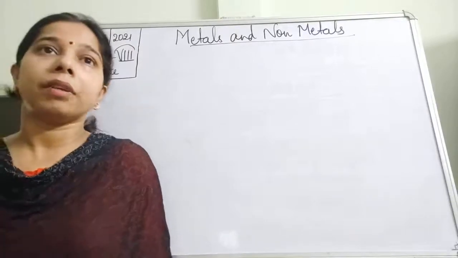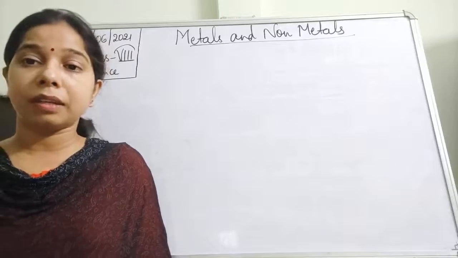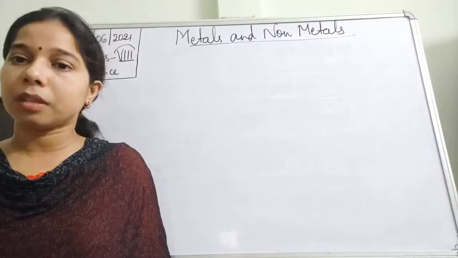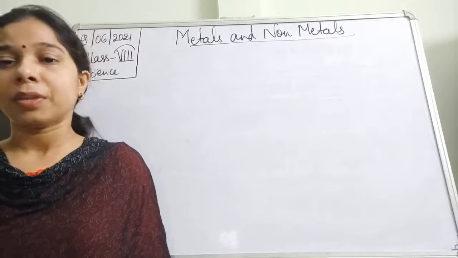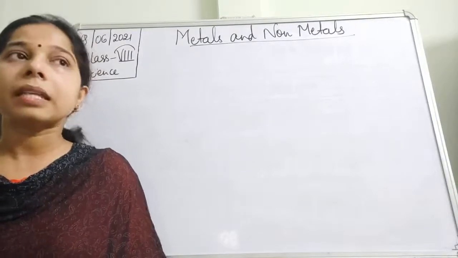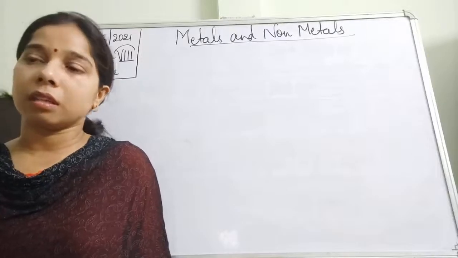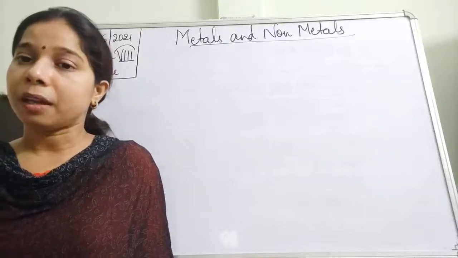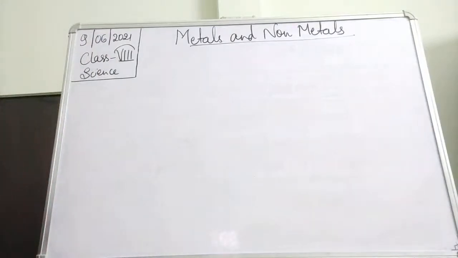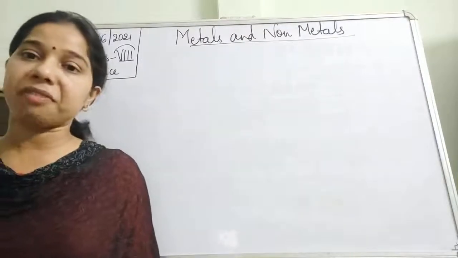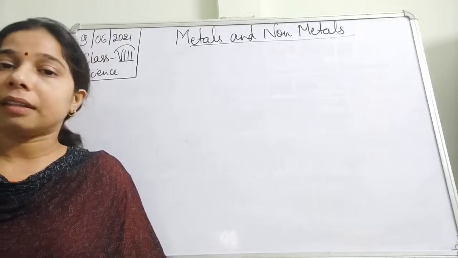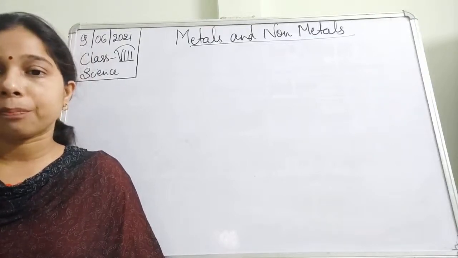You see, we know that silver is a very good conductor. It is the best conductor of heat and electricity. But instead of that, we use aluminium. The reason for using aluminium instead of silver is that silver is quite costly. Aluminium is present in a large amount, so it is a much better replacement for silver. So a lot of electric wires and utensils are made up of it.